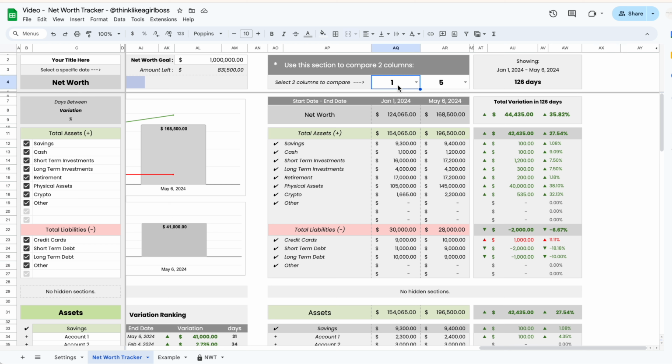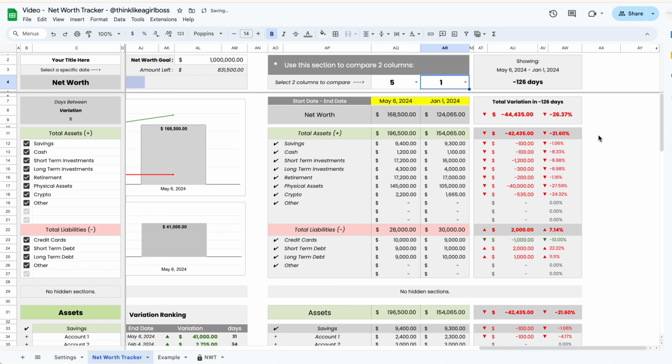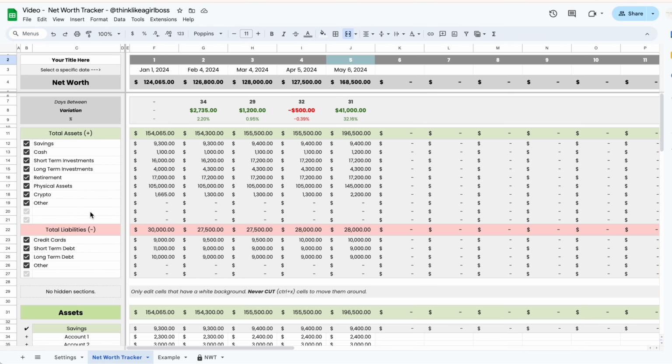And then super important, make sure that of course you are always selecting 2 different columns, and that the column that has the oldest date appears first. So January 1st happened before May 6th, so this is the proper structure. If I do it the other way around and select column 5 first and then column 1, everything's still gonna happen, but the logic is all messed up, and then this is gonna get highlighted as an issue. So always make sure that the first column has the oldest date, and then you can compare any column against any column. So you have your column comparison over here, you have your graphs, you have your summaries, and finally